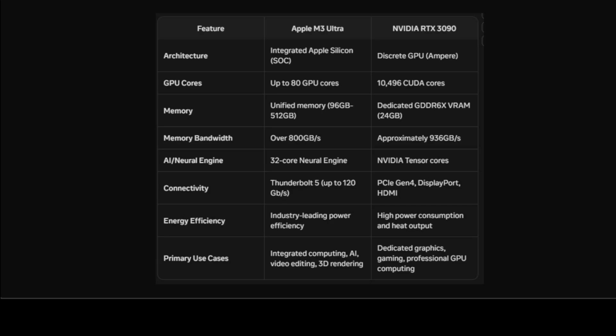Now, what happens when we look at it from the AI perspective, as you can see on your screen? The Apple M3 Ultra features a dedicated 32-core neural engine specifically optimized for AI and machine learning tasks. It also includes embedded machine learning accelerators within the CPU and GPU, facilitating efficient local deployment of large-scale AI inference workloads. It also claims a capability to handle models with over 600 billion parameters directly on device, and you can read DeepSeek R1 here. Whereas if you look at NVIDIA's RTX 3090,